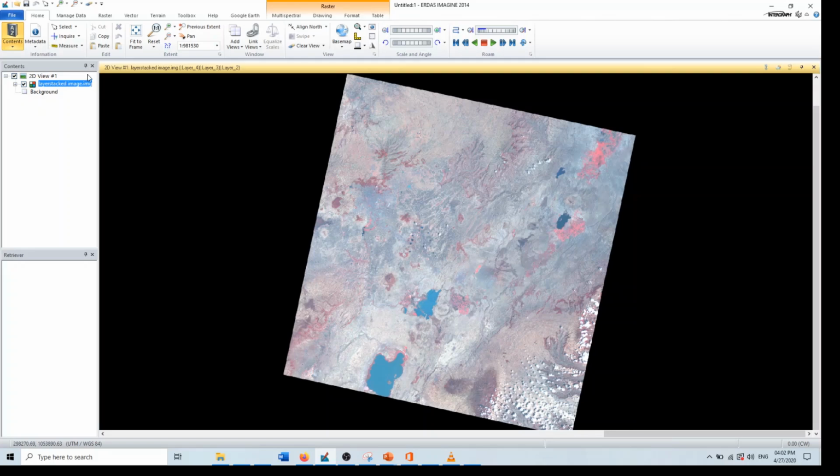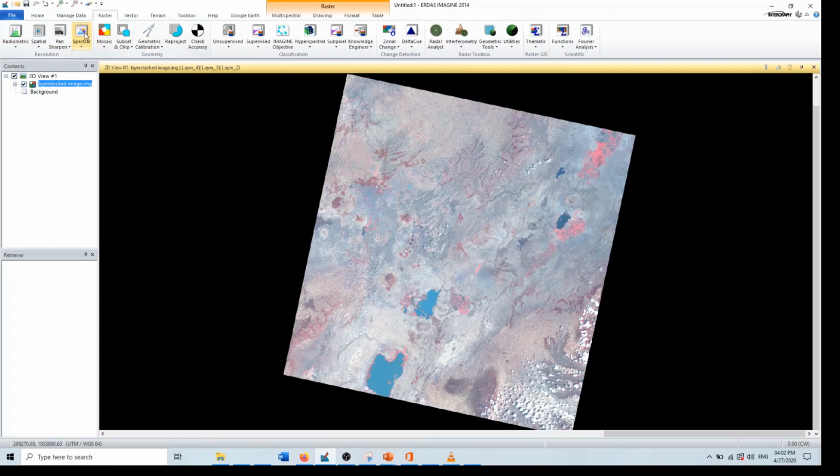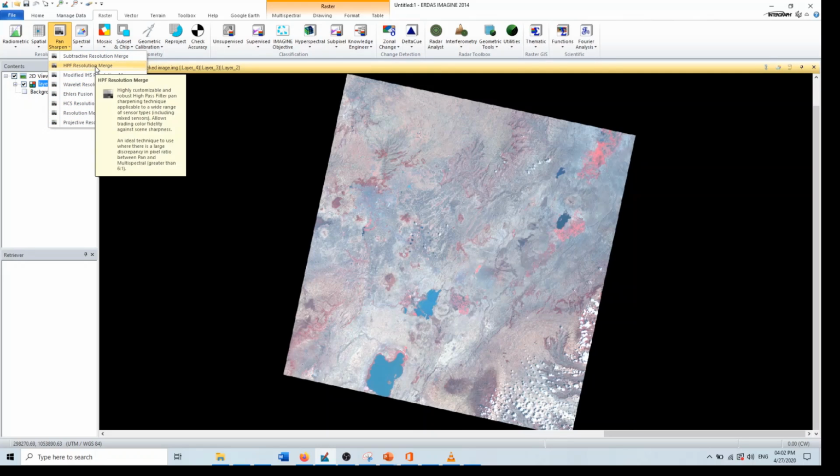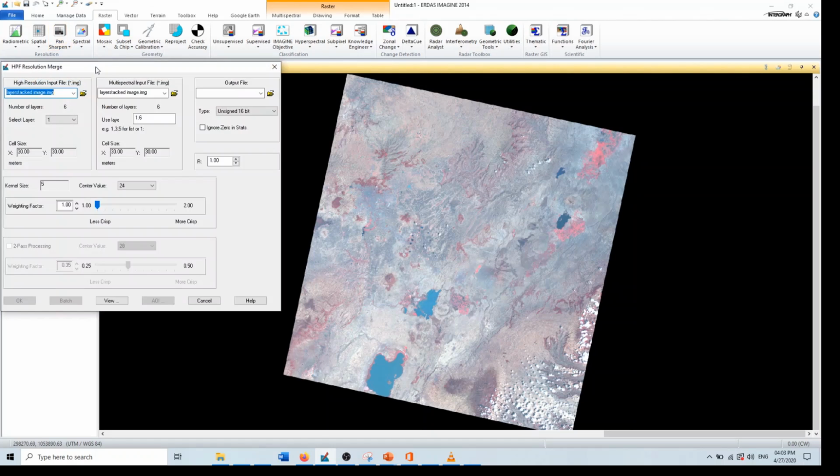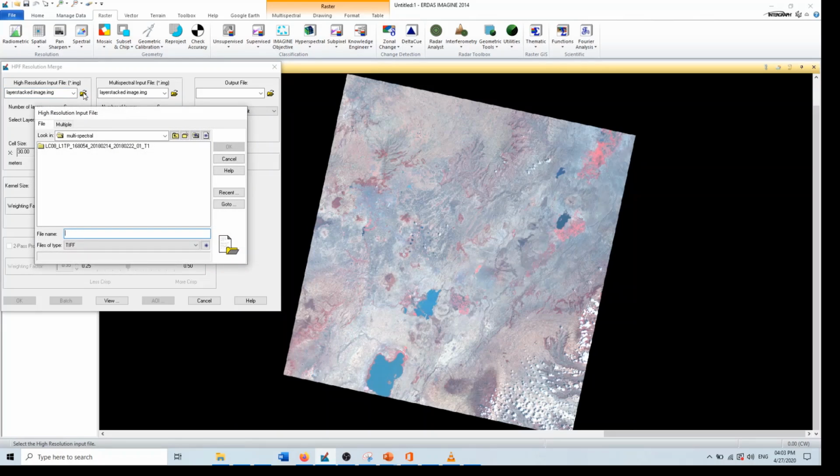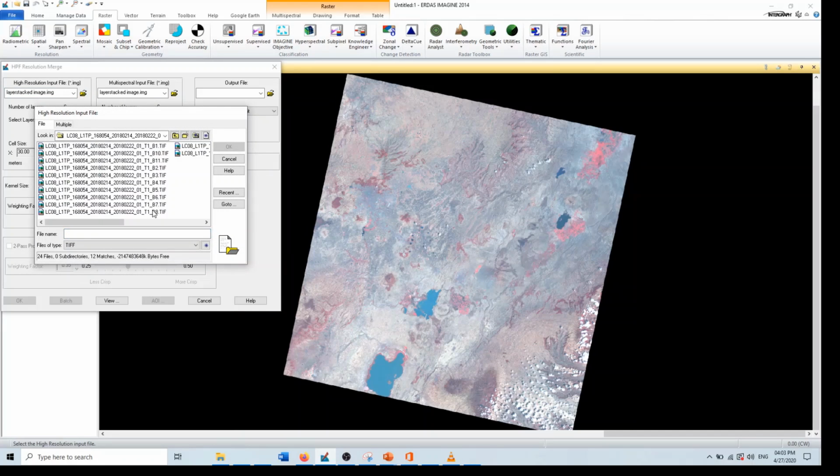To apply this, go to raster, pan sharpen, and you can see different methods of pan sharpening. I choose HPF, resolution merge. I found this is a very good one in my previous research work, so I'm going to show you based on this one. Then choose the high resolution input file. Here is band 8,